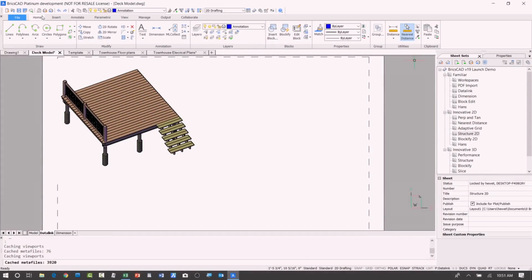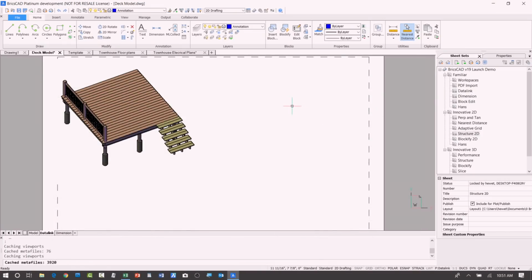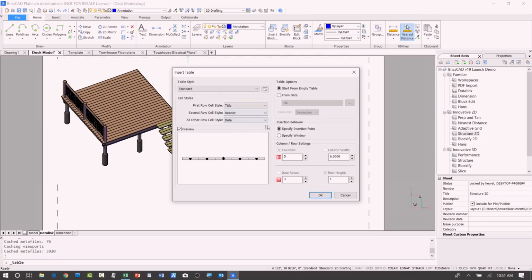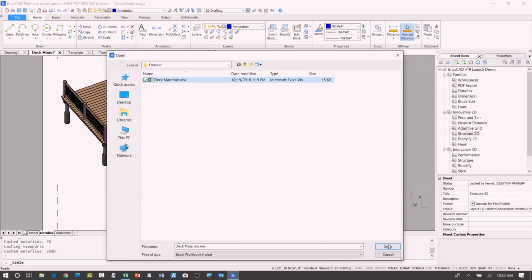All right, so here I've got BricsCAD V19 pulled up, and the first thing I'm going to do is attach or link to a spreadsheet. I've got Excel right here with a spreadsheet in there. I didn't have to have Excel open, but I just wanted to show you that. Using the tools in BricsCAD now, I can insert a table, and you'll see a new option for a data link. I can create a new data link and I'm just going to call this deck materials. I can link to a specific range in that spreadsheet, or in this case, I'm just going to link to the entire file. So I'll select that Excel spreadsheet,